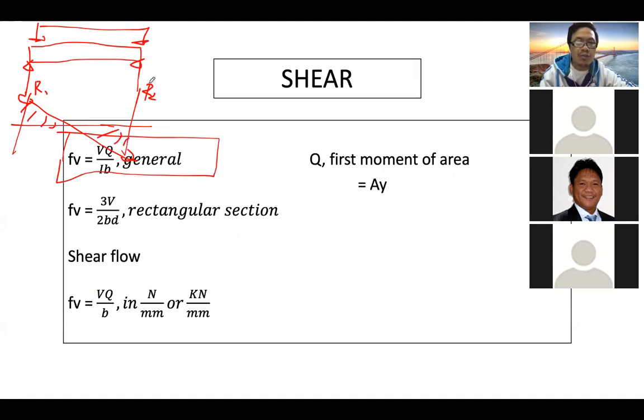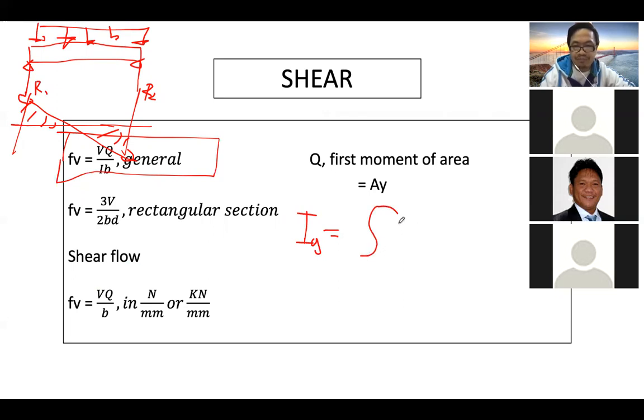So, between the two, halimbawa, nagva-vary siya, hindi siya uniform load. Between the two reactions, yung malaki, yun yung maximum shear. Pero pag the case is it's a uniformly distributed load, R1 will be equal to R2. In other words, V is just equal to R1 or R2. Q, first moment of area. Don't you know that I is the second moment of area? Di ba? If you are going to recall, ng moment of inertia, the formula is